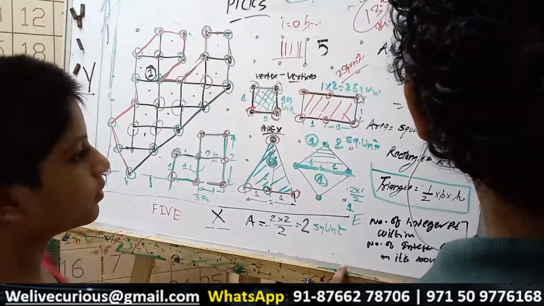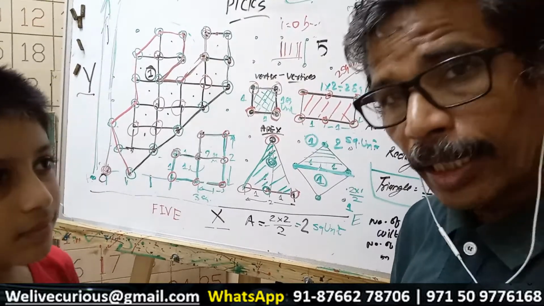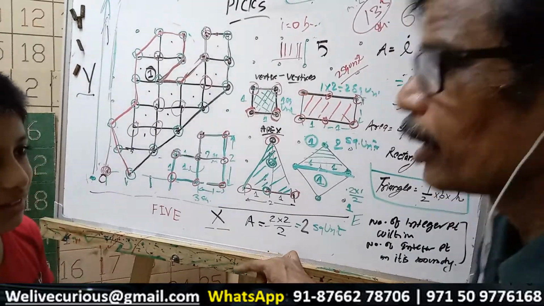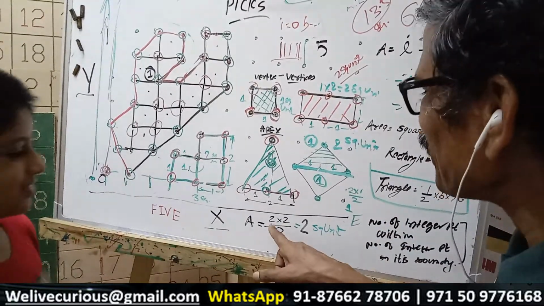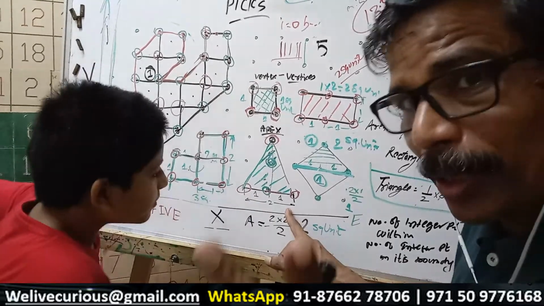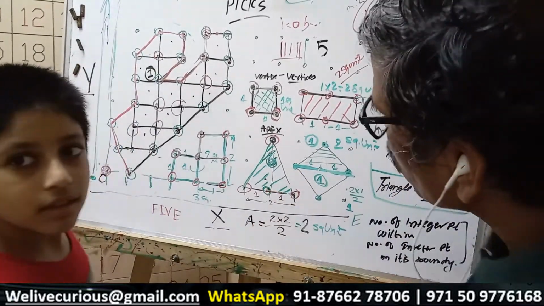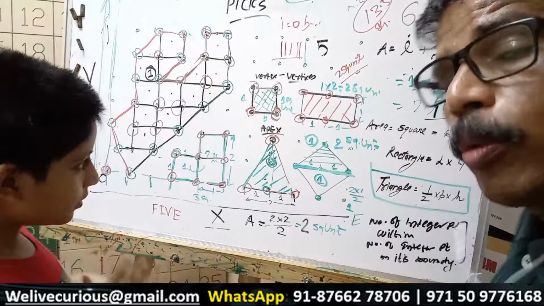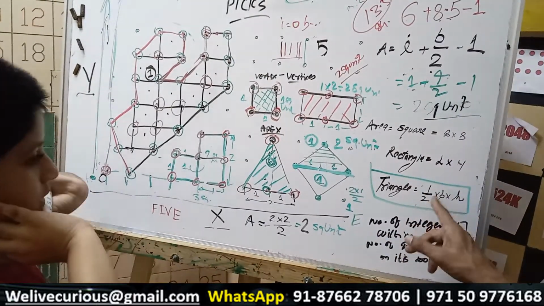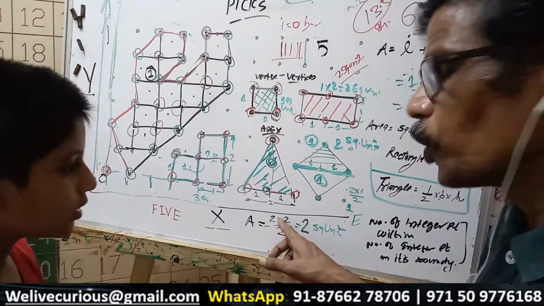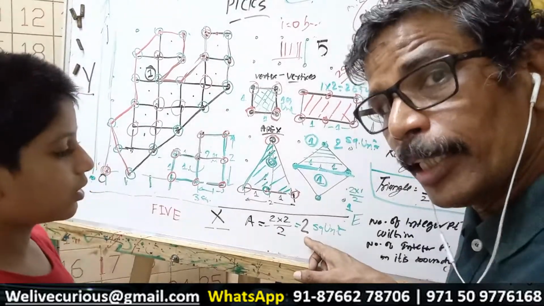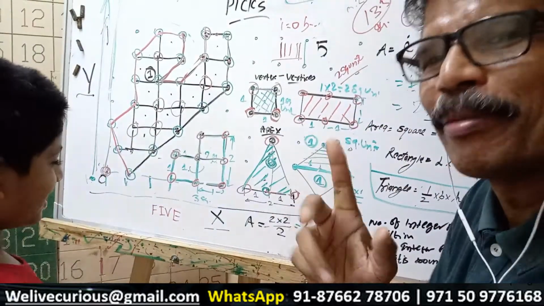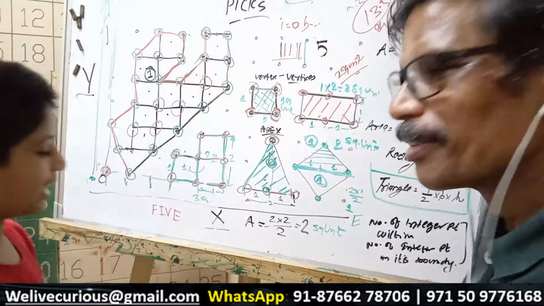Now look at the stupidity that I did last time. You remember while doing this calculation, we made a mistake. When we did this, base is 2, right? 1 unit, 2 units. Height is how much? 2. Here is 1 point, so 1 unit, 1 unit, 2 units height. So 2 multiply 2. Area of a triangle is half of base multiply height. Base multiply height is 4 divided by 2. And what I wrote here in green was 1. Now correct it. Sorry, I made a mistake. Here it is 2 square units. Just realized it.